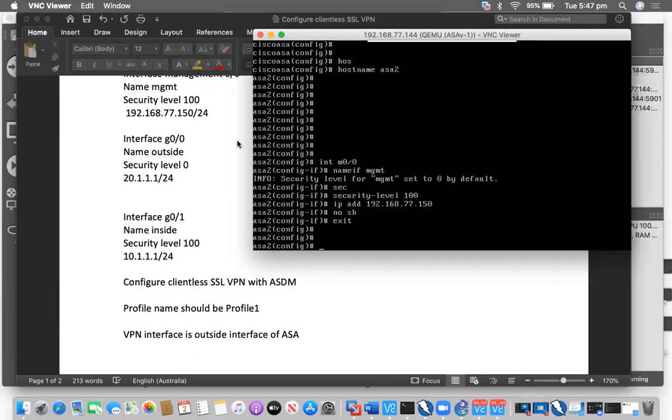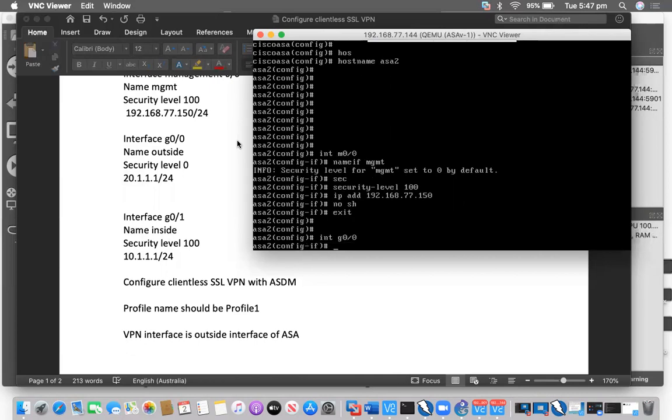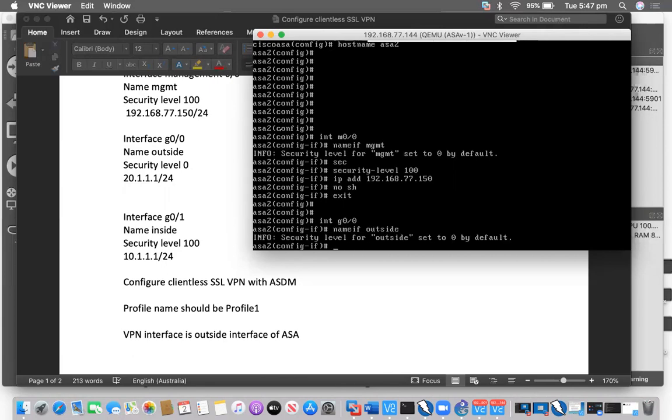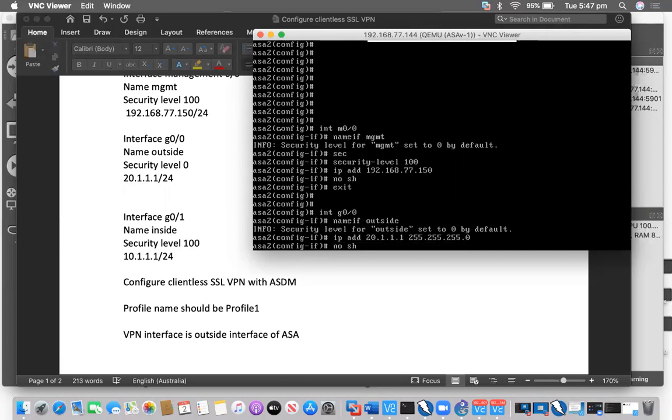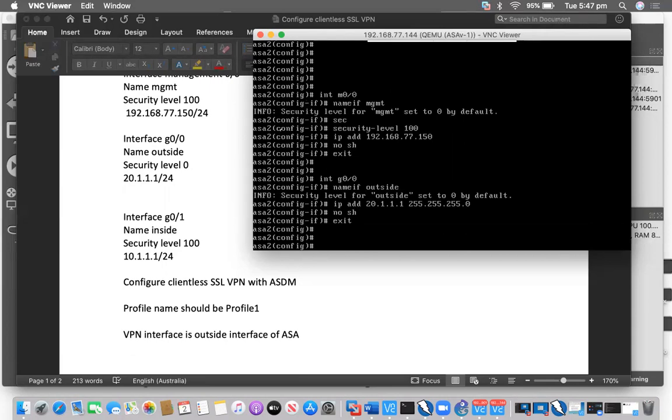Now I will configure the outside interface, that is interface G0/0. The nameif should be outside. By default, the outside security level is 0, so it should be 0 only. The IP address will be 20.1.1.1 with 255.255.255.0, no shut. We have configured the outside interface.